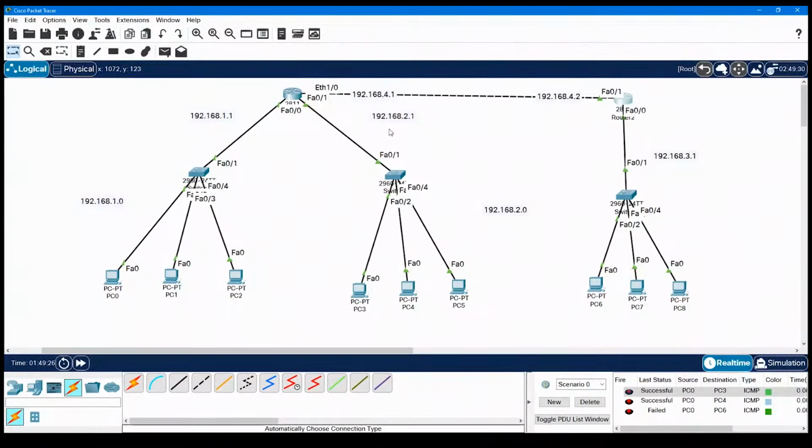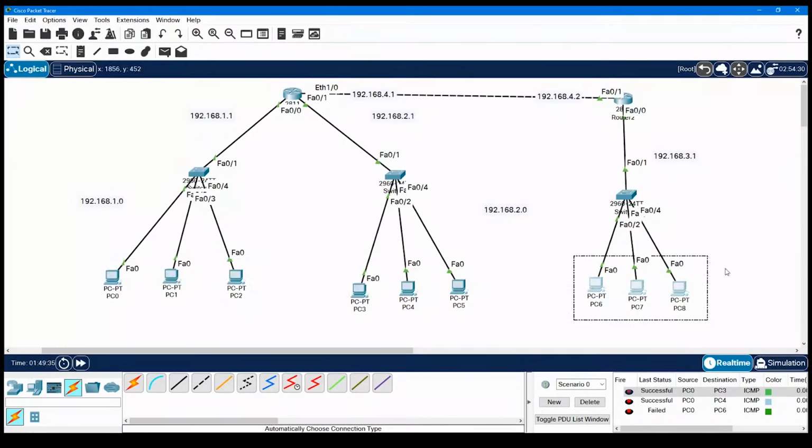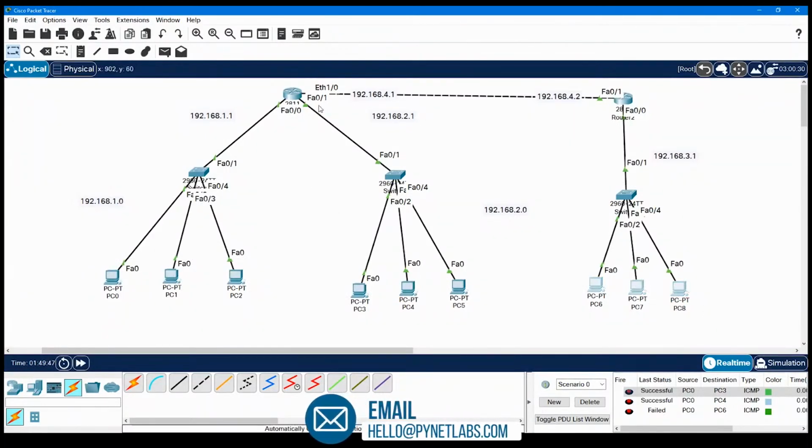Is it clear till now? Now we will move ahead and we will learn how we can configure static routing on these routers to make these 6 PCs communicate with these 3 PCs. Okay, so